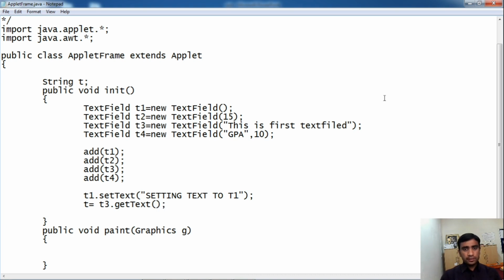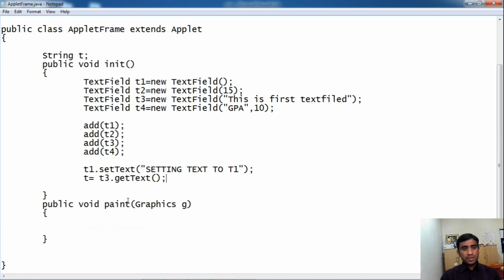So this method will retrieve the text available in T3, and we will print this text on the applet window by using g.drawString in brackets t, where the text is available in the variable t, comma 6 comma 100, semicolon.